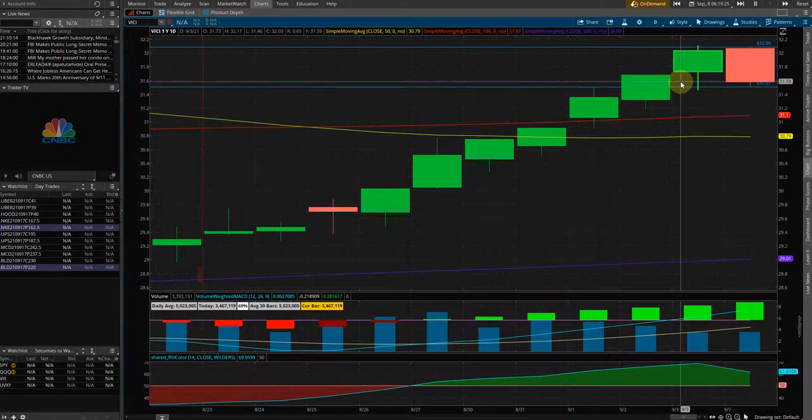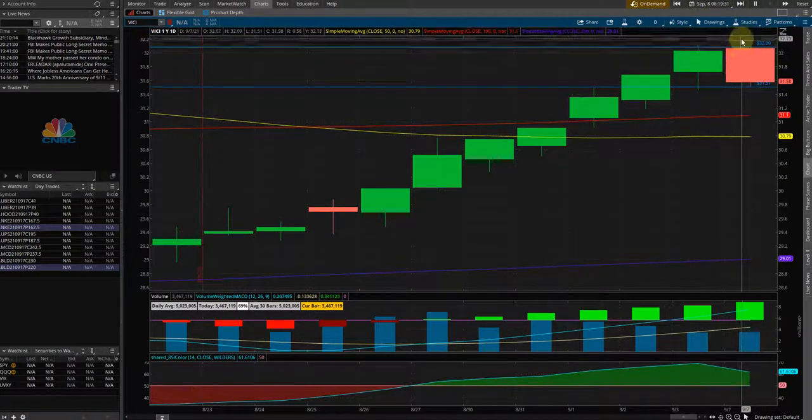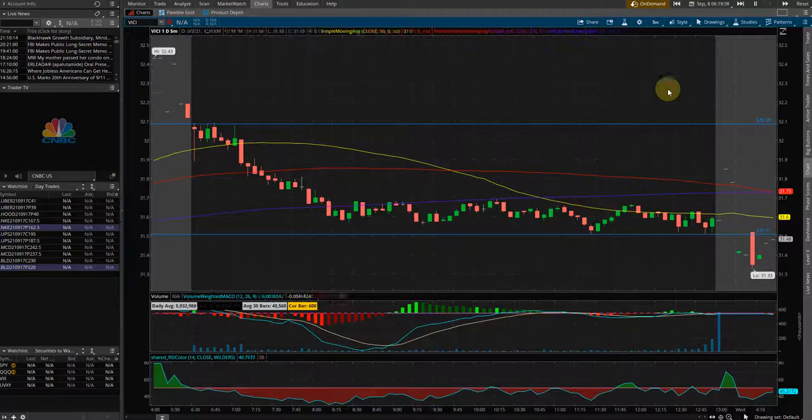Wow, got lucky. So as you all should know by now, on the following day, on September 9th, if we cross above, we're going to be taking calls, and if we cross below, we're going to be taking puts. So we're going to go ahead and see how that would play out right now.